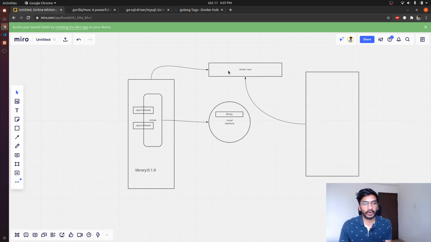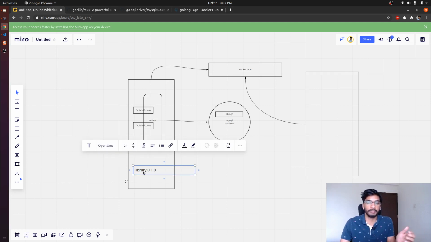But if we want to push that into a repository, the repository that we are talking about is the Docker repository, Docker Hub. So we'll have to specify which particular organization or which user's account we should push this image into, right?